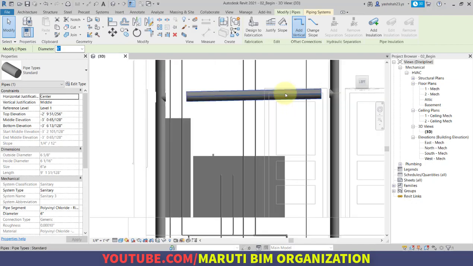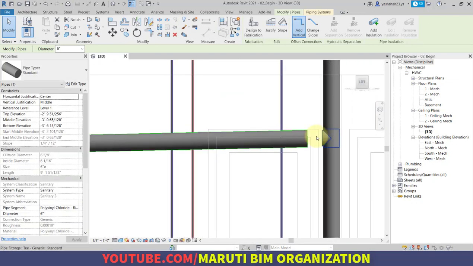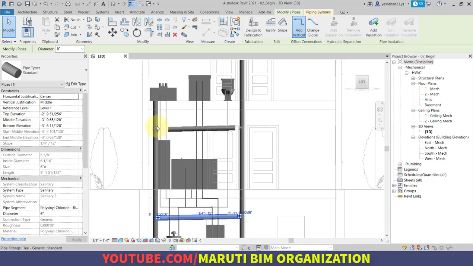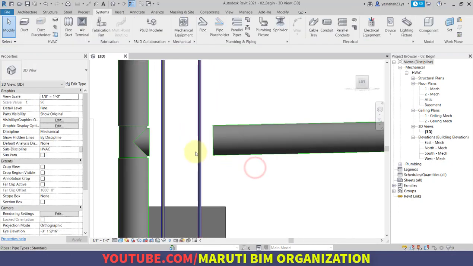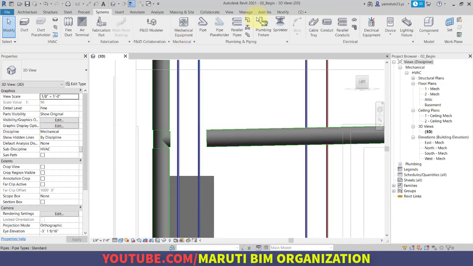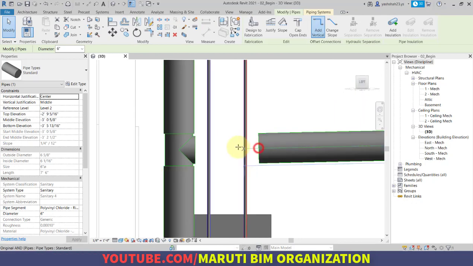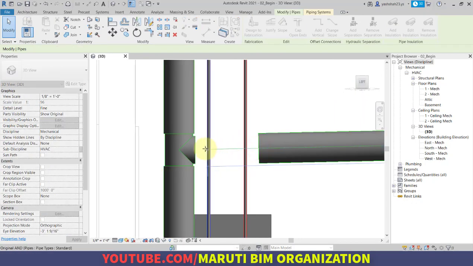Now do the same steps here as well. So here one connection, here another connection, both connections are there. If you have not created the connection, you can create it using the pipe fitting command. Simply select, click and drag. Make sure it snaps properly.